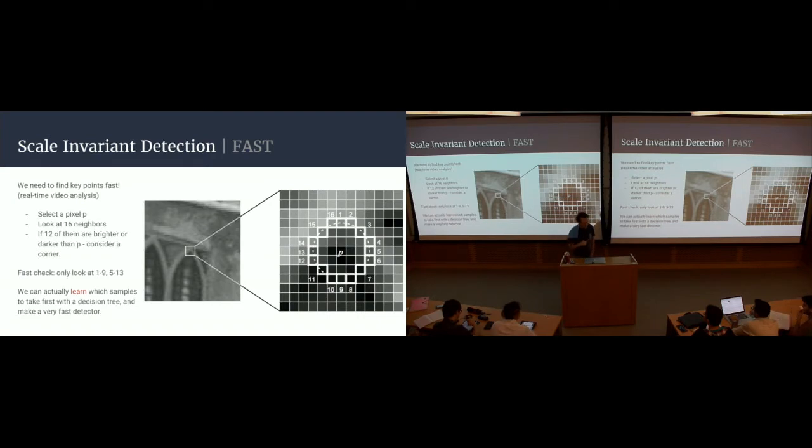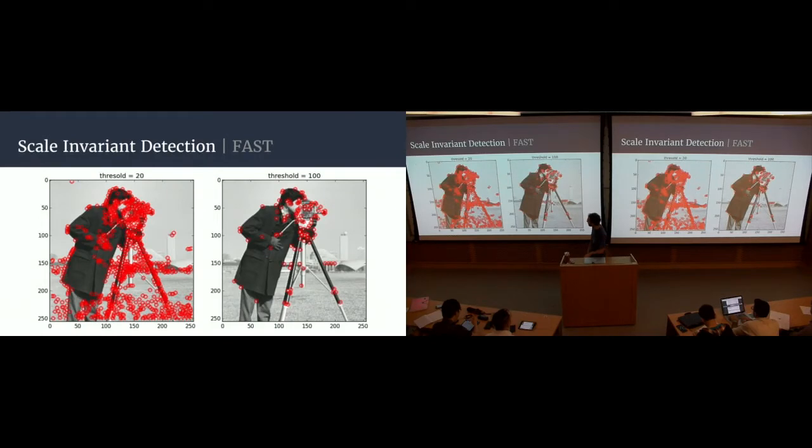How do you test how most of them are? You can look at all of them, but that will take a while. You can instead look at just very particular positions, and you apply machine learning to know which ones and what is the fastest order. So this is the FAST